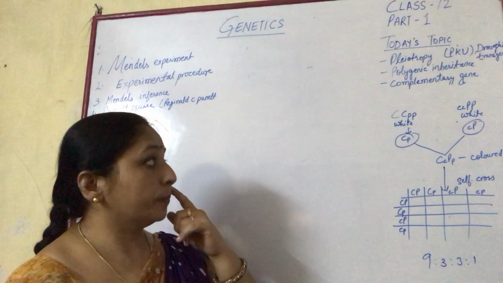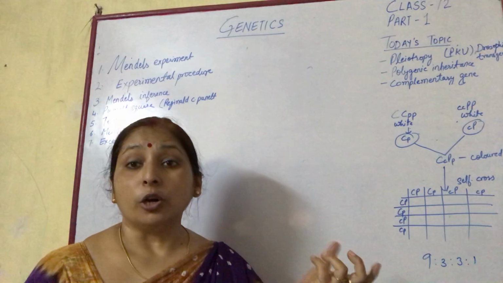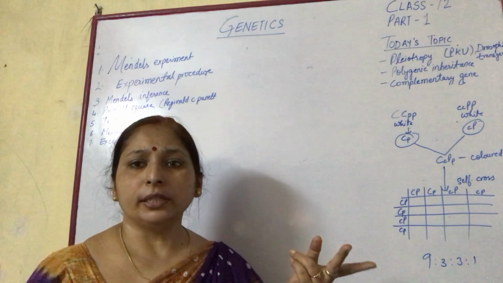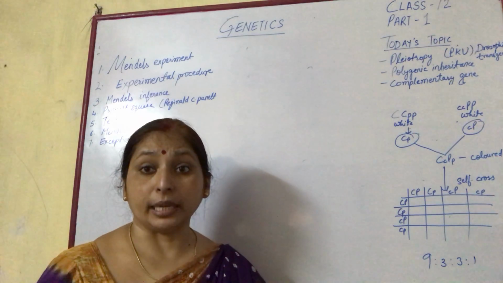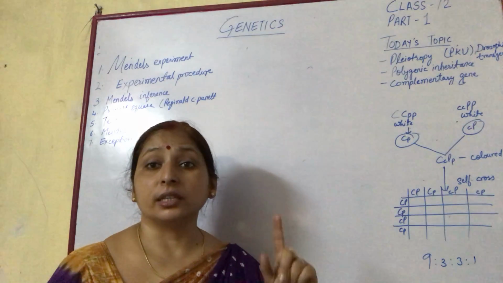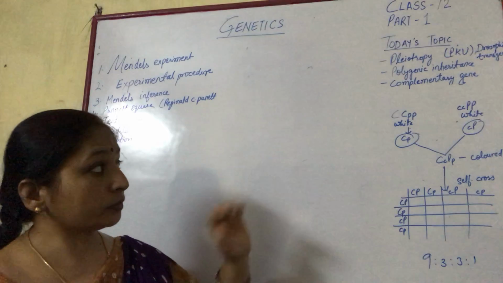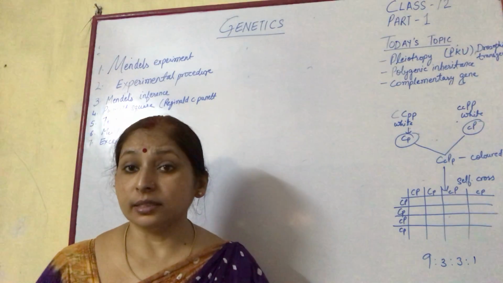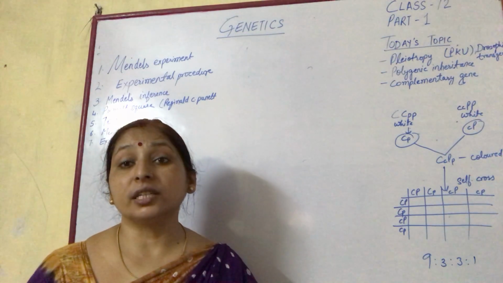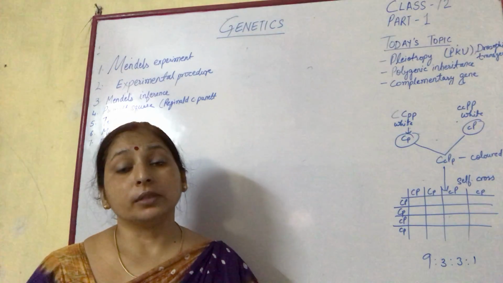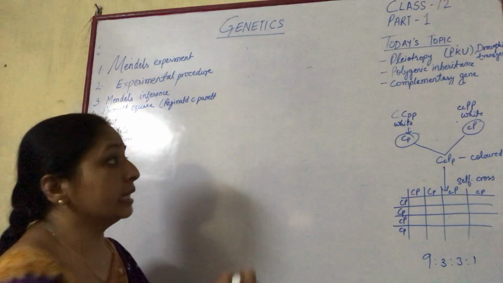For example, here the color of the flower or the seed coat are different phenotypes, but the expressions are given by a single gene. This is a case of pleiotropy. There is PKU, which is a defect, and this defect is termed